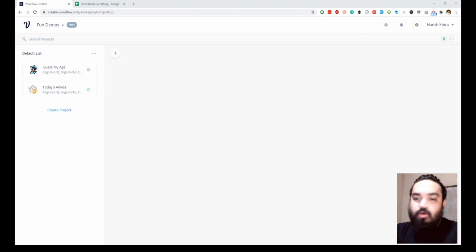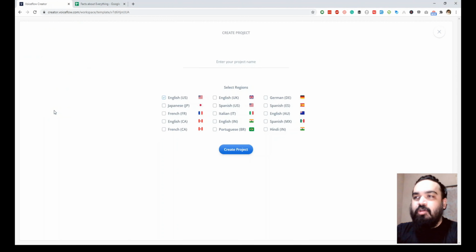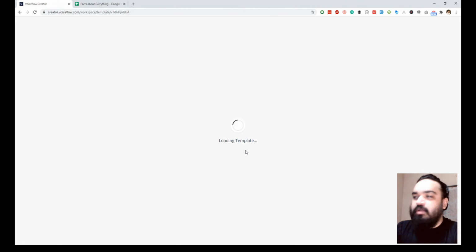together without coding anything. Let's start by just creating the skill first, and then we'll see the demo of how this works. As you know, the first step is going to voiceflow.com and creating an account and signing up if you don't have an account already. Once you log in, this is what you see. These are your workspaces. You can have multiple workspaces. So I will just go ahead and create a project, and this is the same set of steps that you already know. I am just creating a new skill called my favorite city, selecting all the English regions because the skill is going to be in English.